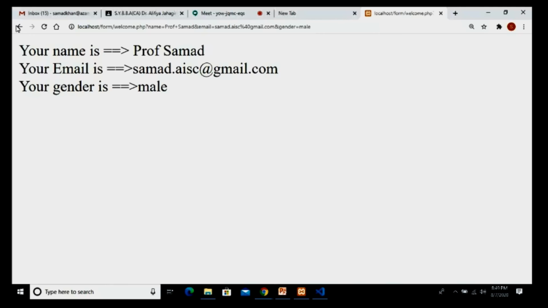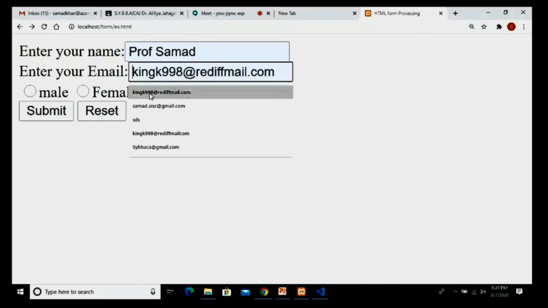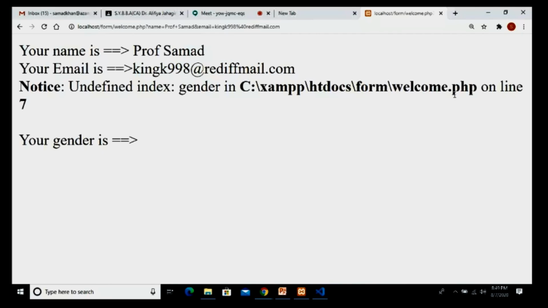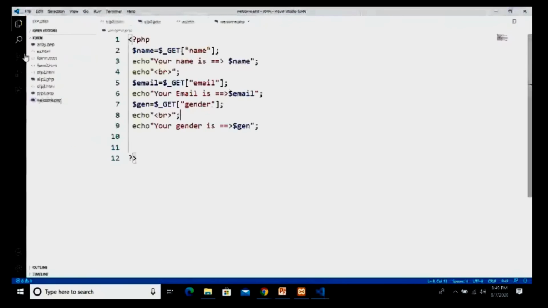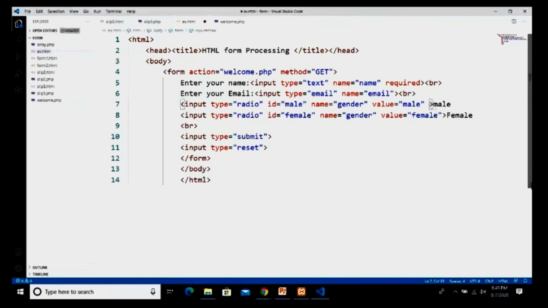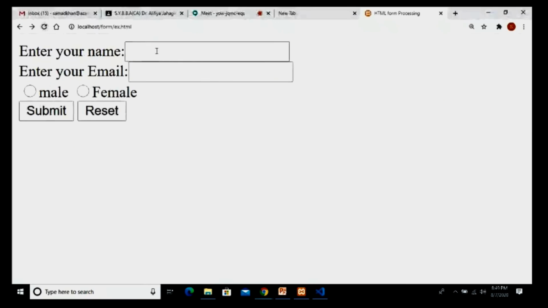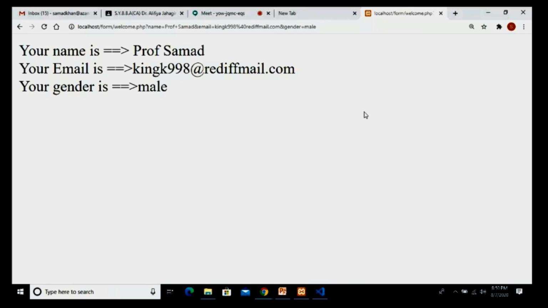Okay. If you don't select your radio button value and I click on submit, it will give you an error because we have not selected anything. So for this you have to again give the required attribute. I give required. I save my program. I go to my browser. I will just reload my page. Okay, if I directly submit without selecting, it will give me an alert. Okay, so this is your output.